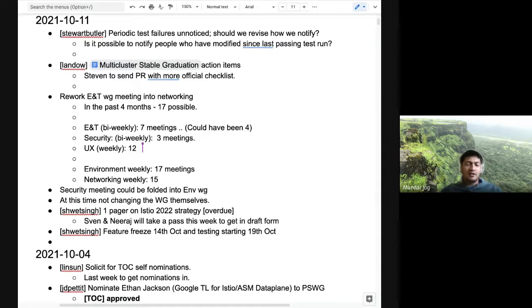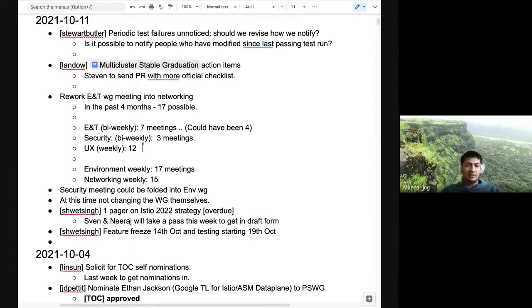So we were looking at working group meeting attendance, and I also looked at how many things were on the agenda, how many meetings got canceled, and that kind of stuff. In the past 4 months, there were 17 possible meetings, and extensions and telemetry met 7 times, out of which realistically we could have consolidated it even more,